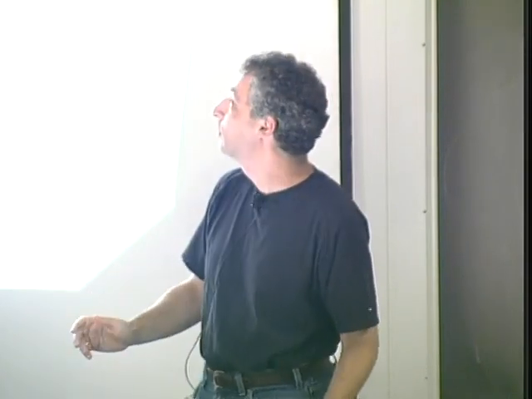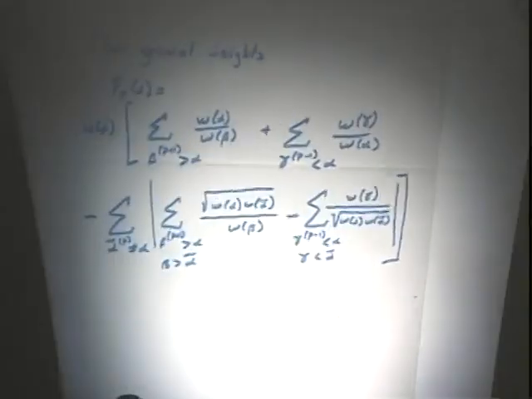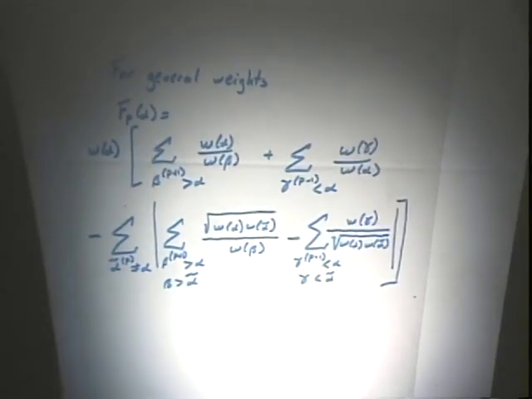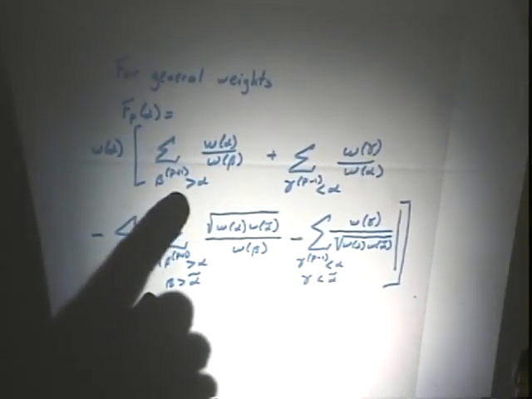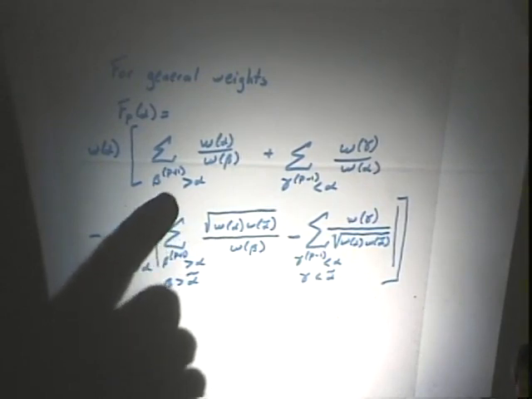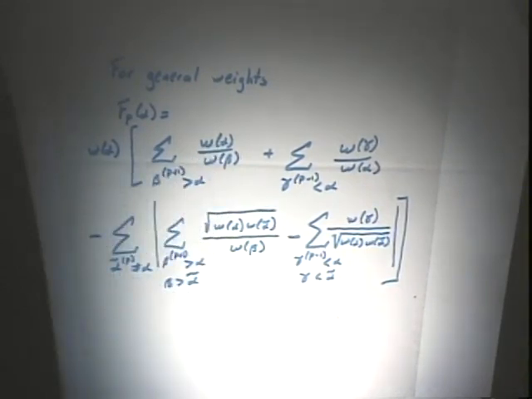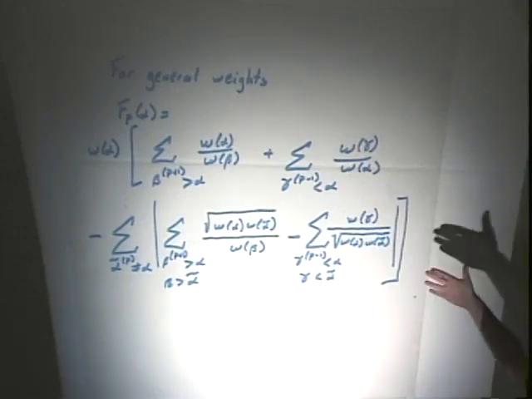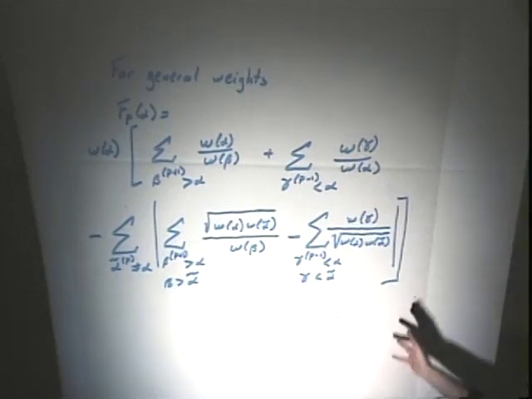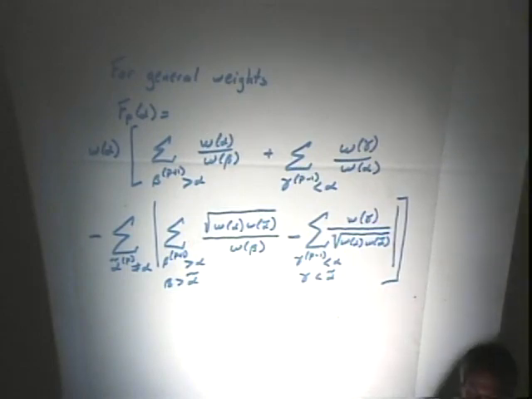So if you choose general weights for the simplices, here's the p curvature of a p-simplex, where before we just counted the number of betas that contain alpha. Here we count them with some weights, right? And the same for the ones which are contained in alpha, and here's the rest of it. Anyway, I just want to show you what the formula looks like: you can write down an explicit formula for general weights, and it's not too complicated.